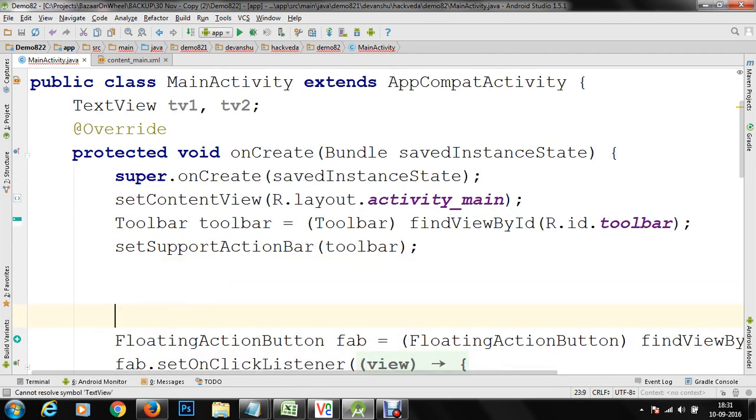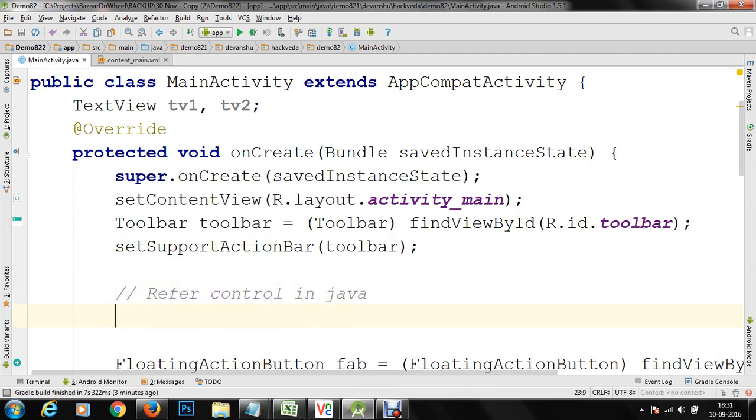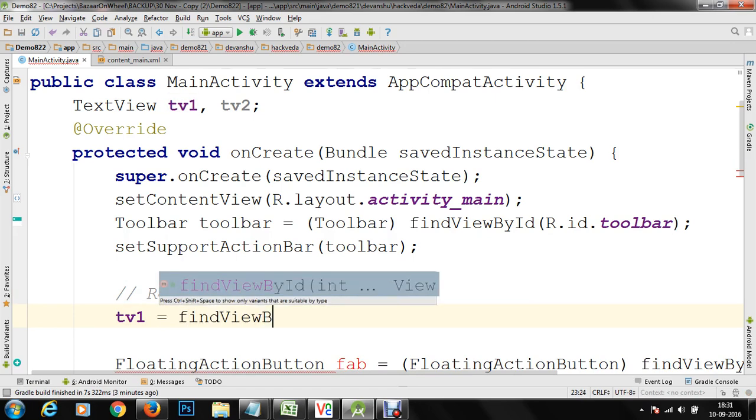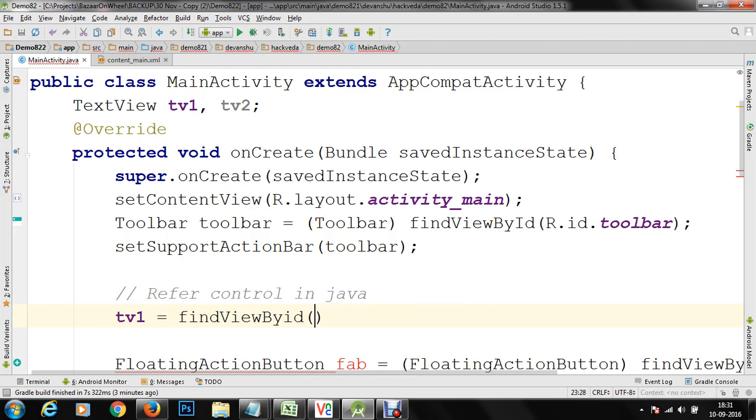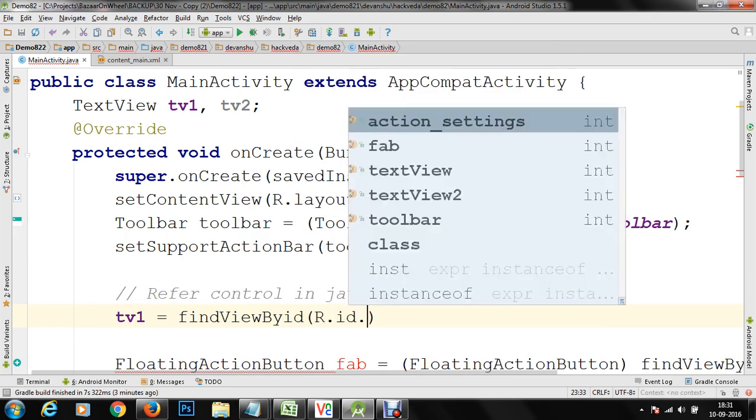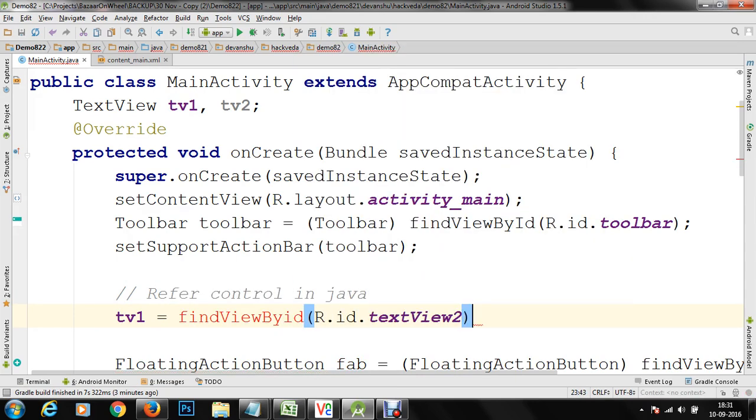Just after set support action bar, I would like to refer controls in Java. To do that, I'm going to store TV1. We are going to find the view control by its ID, and I'm going to get R.id.textView2 for the first one, and let me just switch to text.